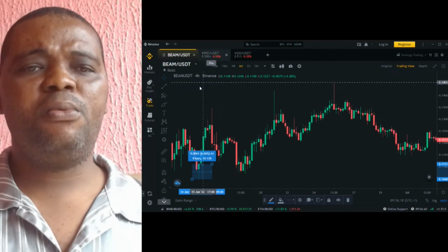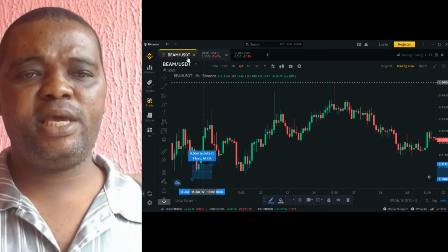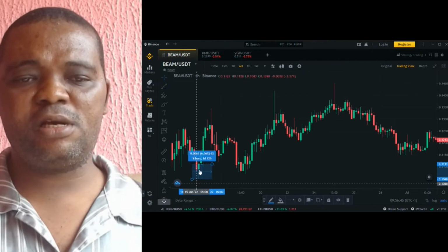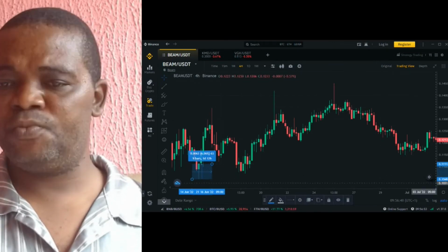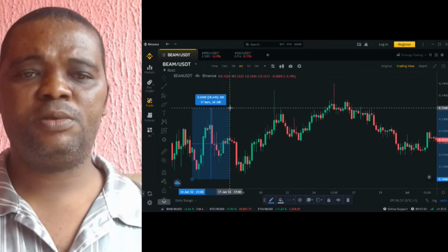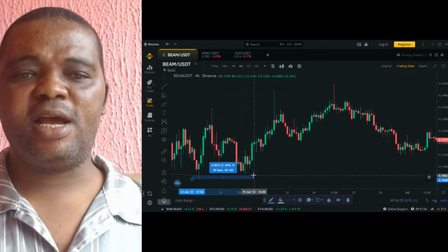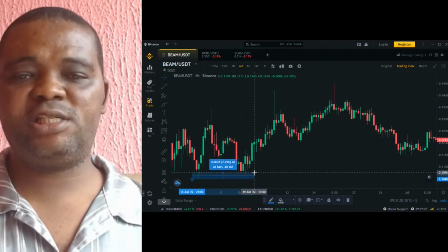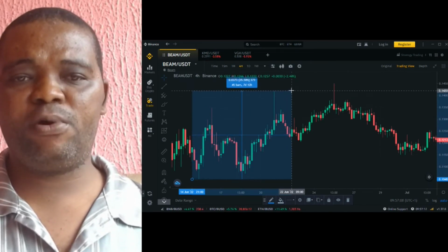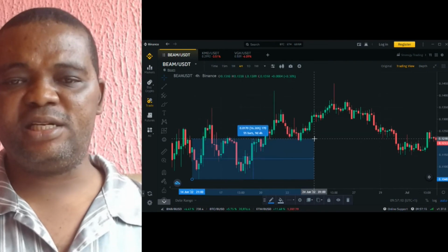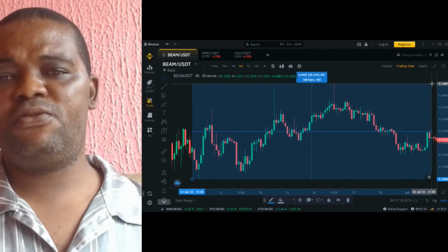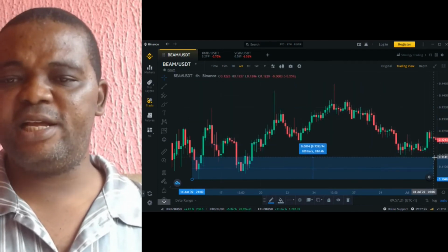The most current bullish trend section of the BEAM USDT cryptocurrency pair started from the lowest price of this green candlestick bullish trend starter, which is 0.1048 cent, and bounced up by 28% and then dipped back down to 2.69% and then bounced up again by 35.58% and then dipped back down to 14.97%. Up again by 38.35%